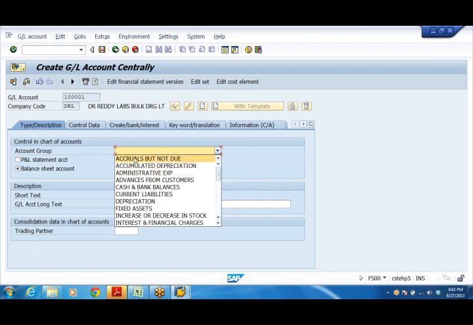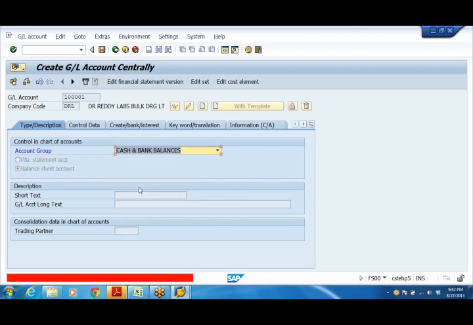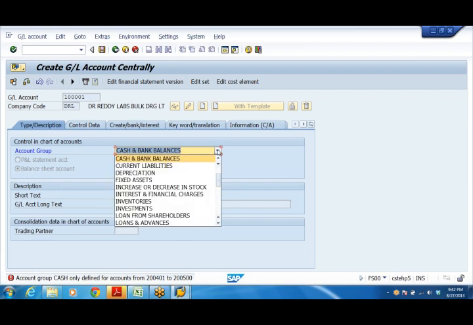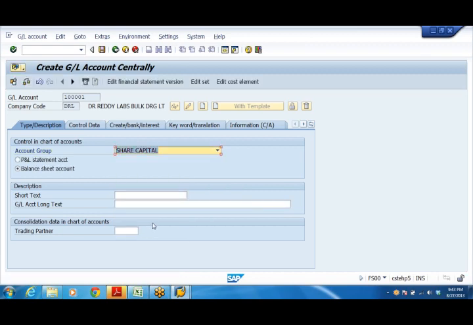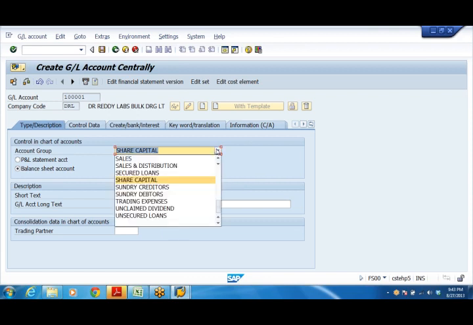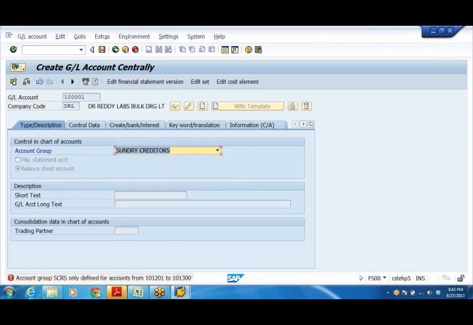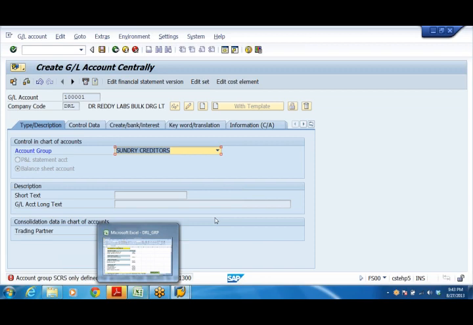Whatever groups you created there will appear here. If you select any wrong account, the system throws an error. If I select the correct one, share capital, the system takes it.